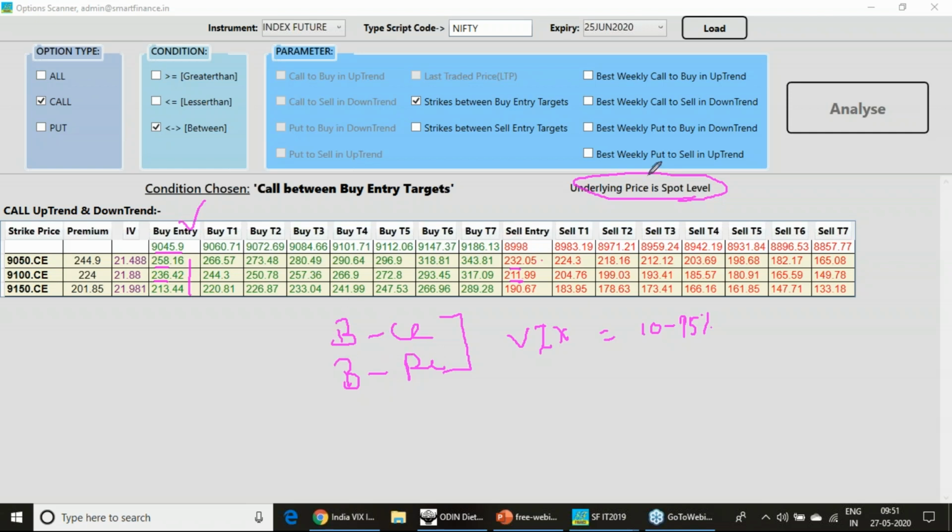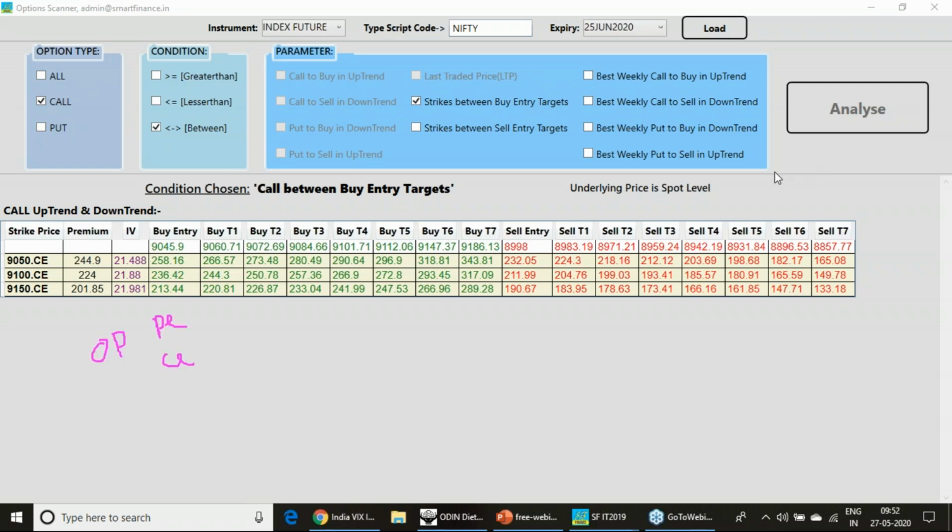Because if you are buying both call and put options, you are giving theta to the market, which is a definite component. Theta is a definite dying component. If you are buying both, then you are paying to the market, so you may not get that benefit here. However, volatility should be low. Open interest of a put being more means it acts as a support, and open interest of a call being more means it acts as a resistance.